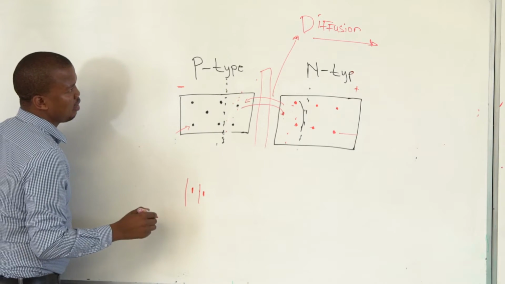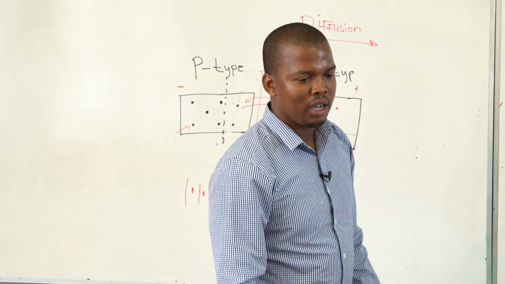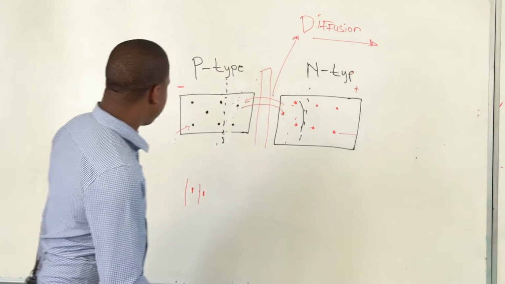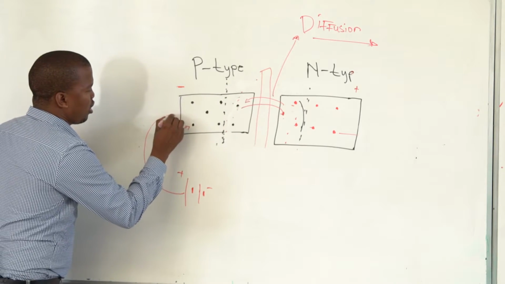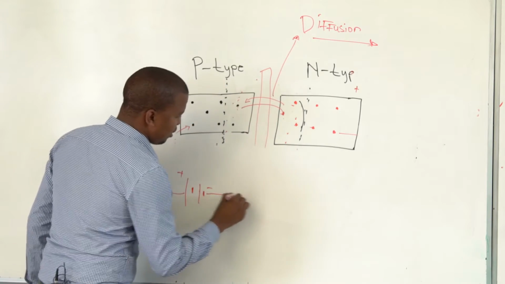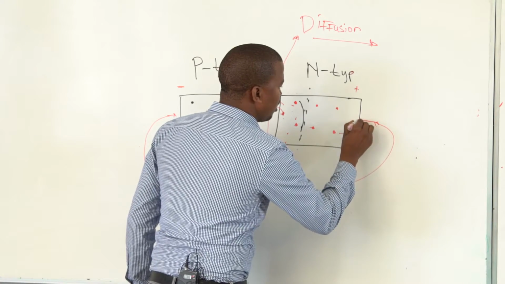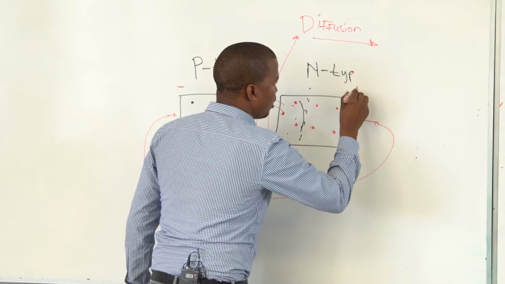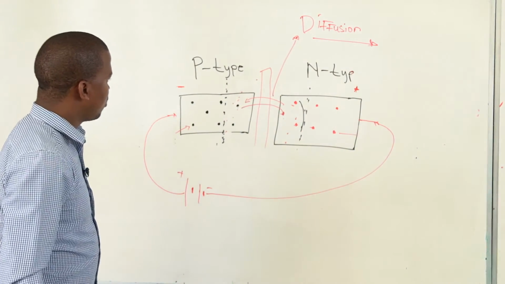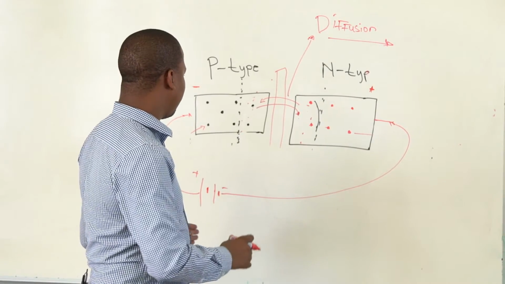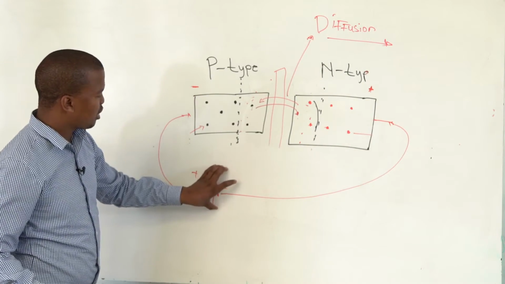What happens when a PN junction is connected across a voltage source is that... Let me quickly connect this here. So this is exactly what they are talking about when they say a PN junction is connected across a voltage